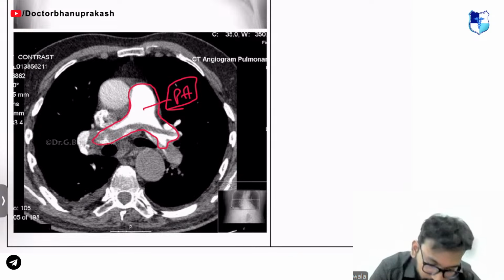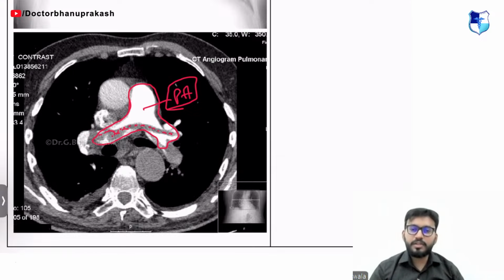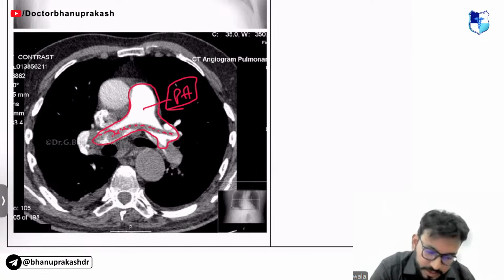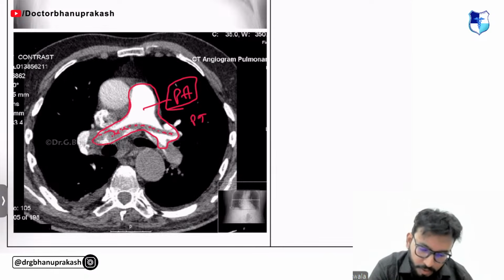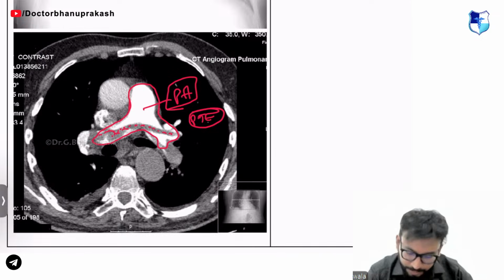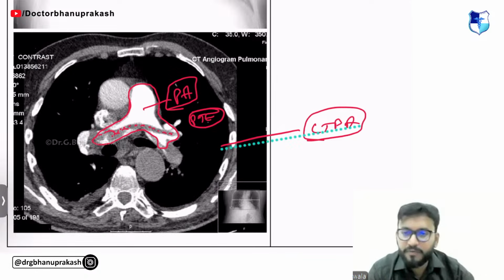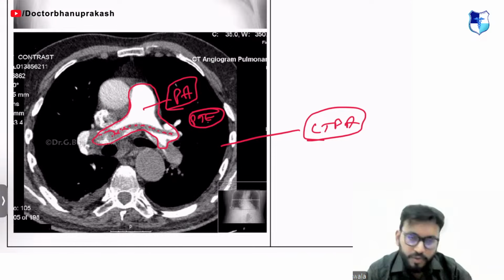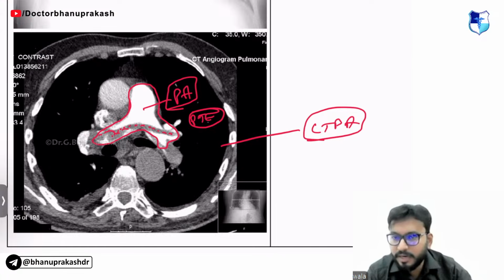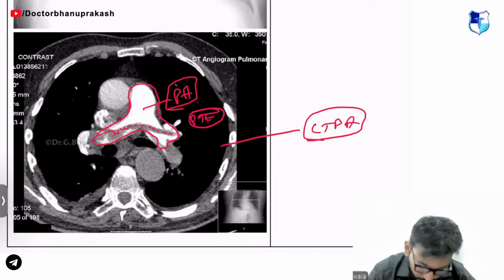Wonderful. What do I see? I see this area of black part. This is a filling defect, and this is a saddle thrombus. Thrombus in pulmonary artery. Pulmonary thromboembolism, guys. And what is this investigation? This is the CTPA, that is CT pulmonary angiography. Pulmonary artery we are looking at. You can see a proper saddle thrombus there. This is CTPA, CT pulmonary angio, and this is the investigation of choice to diagnose pulmonary thromboembolism.